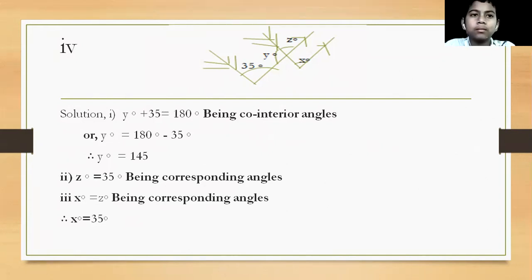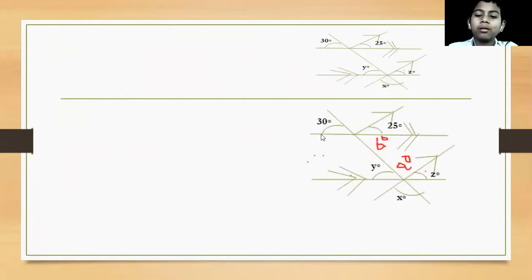That is this question. Look here. This is the question and this is the solution. Here we have to suppose some angles because the names of the angles are not given. I have supposed here this angle, the red color one, as B degree, and this angle as A degree.